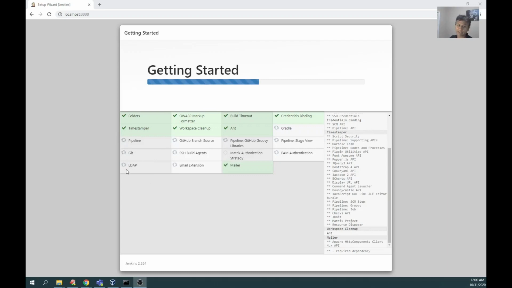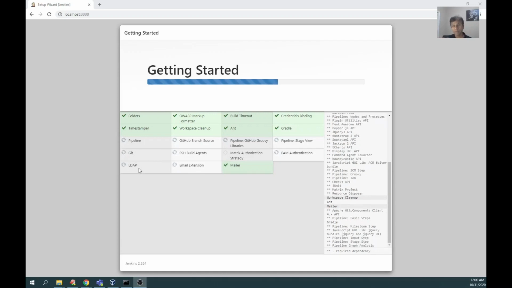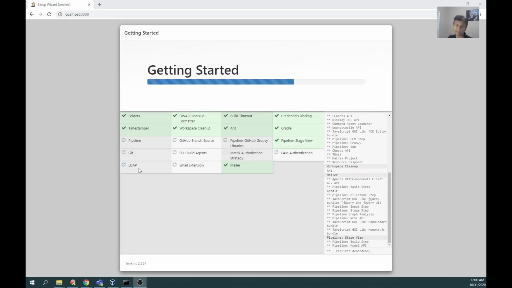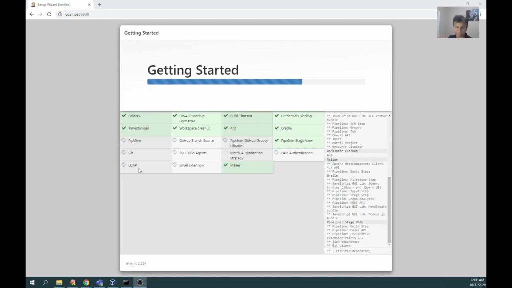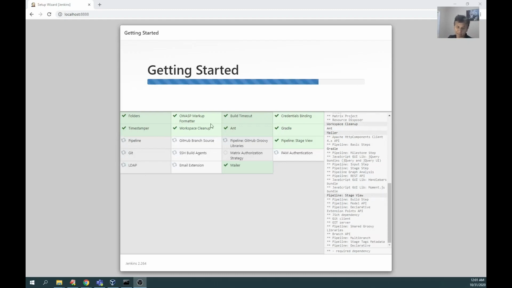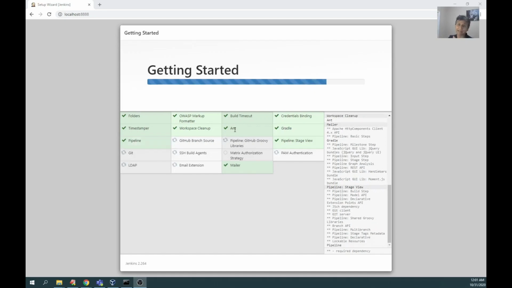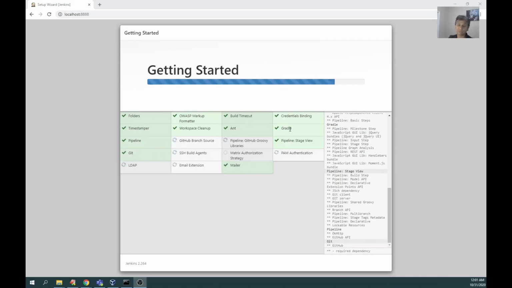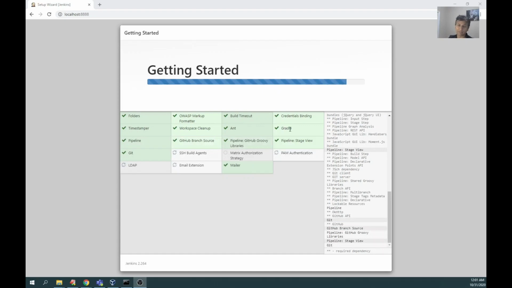Next, the LDAP you can see. In the case of a big corporate, instead of maintaining usernames and passwords yourself, you can hand over the responsibility to the LDAP. In the LDAP, if you add a group into the DC, that's it. Automatically, it will take care of your security. Whatever you say, security is very important, right? There are proper login credentials and the SSH build agents. For example, if you are connecting to a remote SSH client, that will be so helpful. Ant is another build mechanism, like Maven. Gradle is also a contemporary build tool.